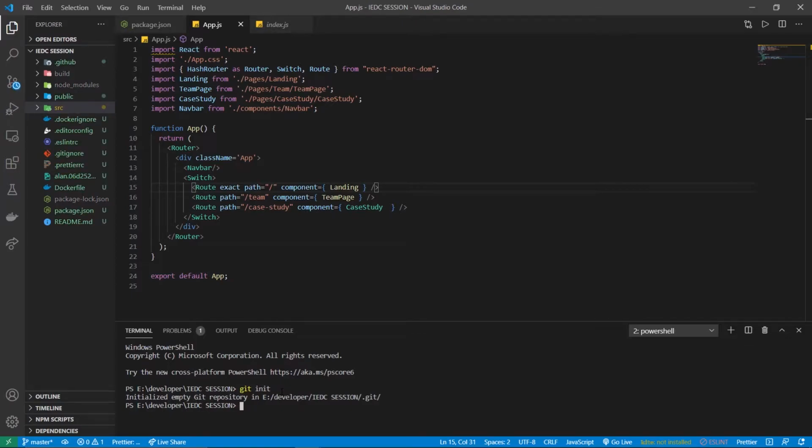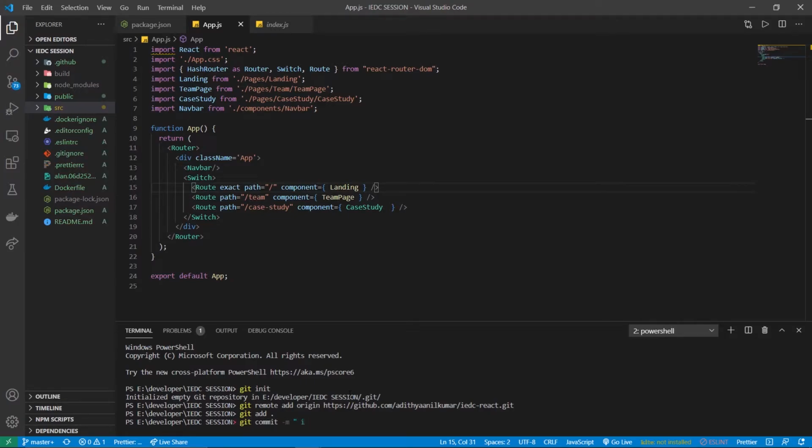This will initialize a Git repository in this folder. Now, in order to link this repository with the remote repository, we use the command git remote add origin. So our repository and the remote repository are linked. Now we are going to add all the files to the Git staging area and commit the changes.